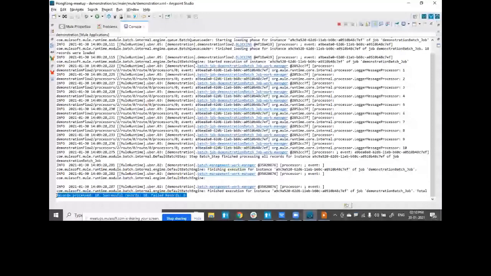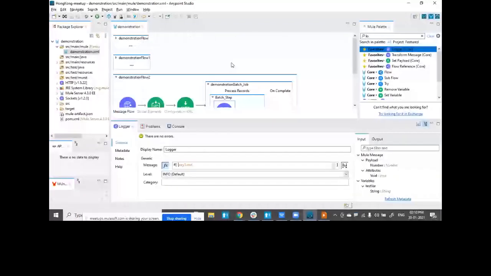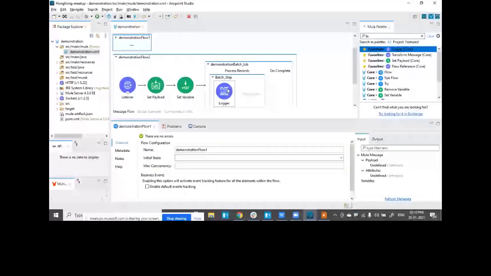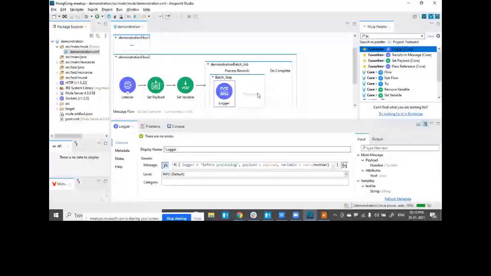Now let's make use of this batch step for some logic purpose. Again, keeping the base same, let me just copy paste the logger value from initials. I'll do the modification again.